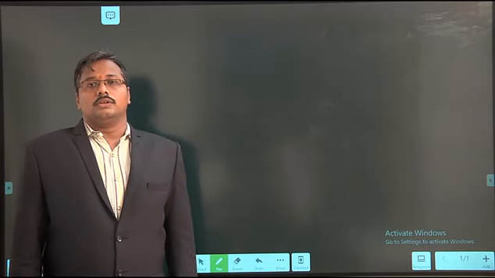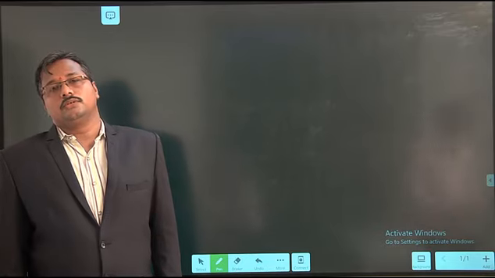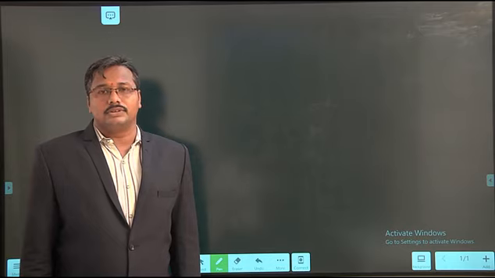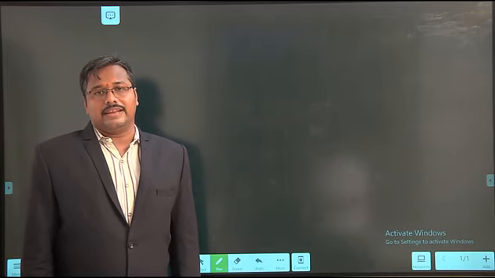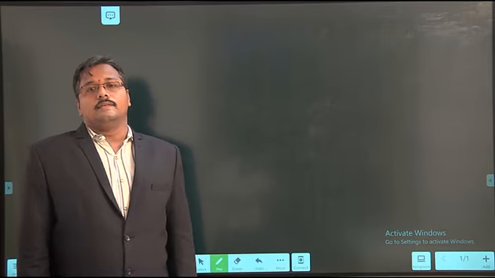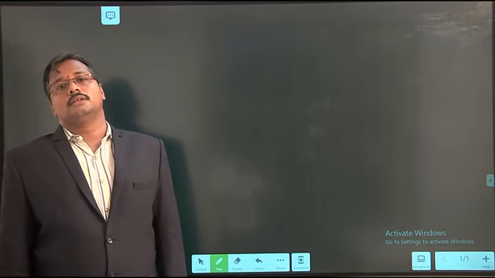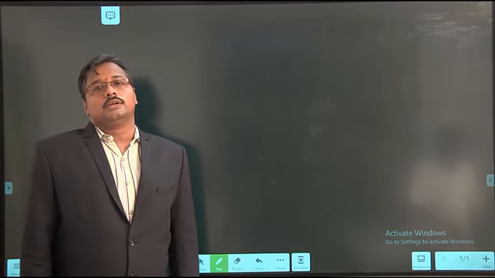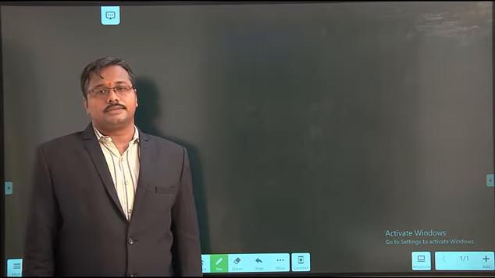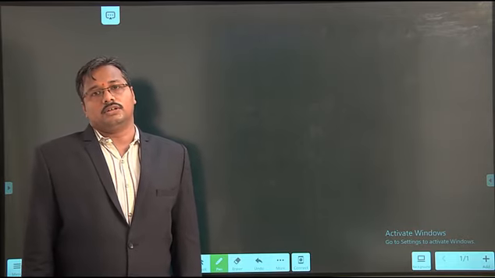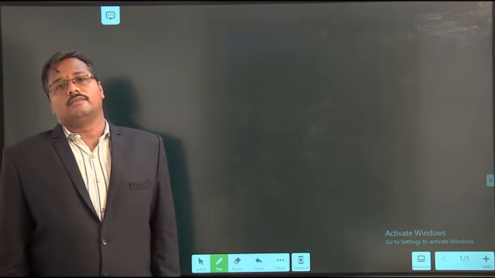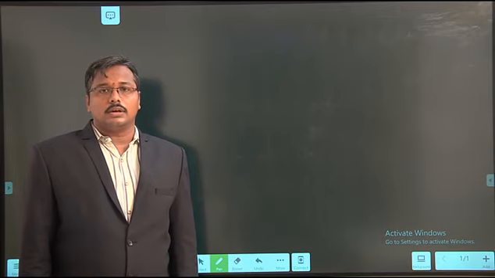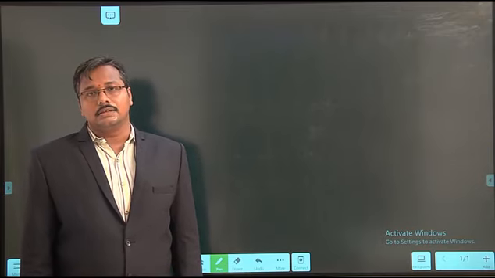Welcome to the session. Today I am here to discuss polynomial application. Last class I discussed how to create a polynomial with a linked list. Today we want to discuss how to perform addition between two polynomials. Before going to that, first let's rewind how to store a polynomial with the linked list representation.